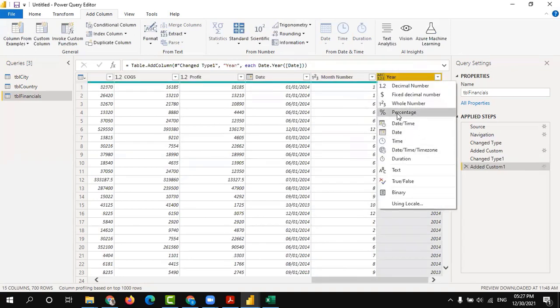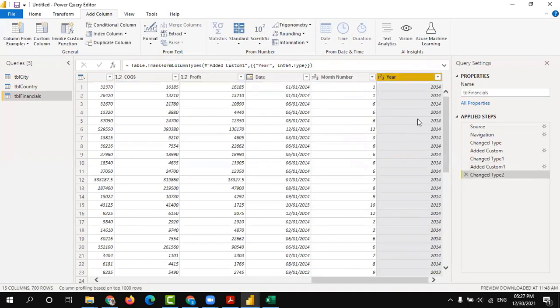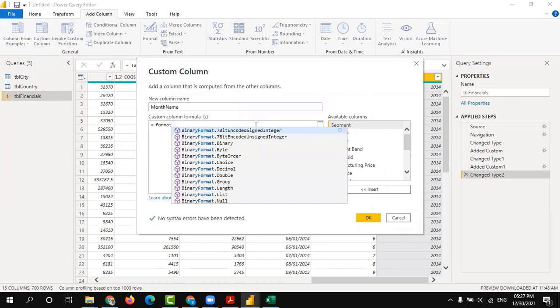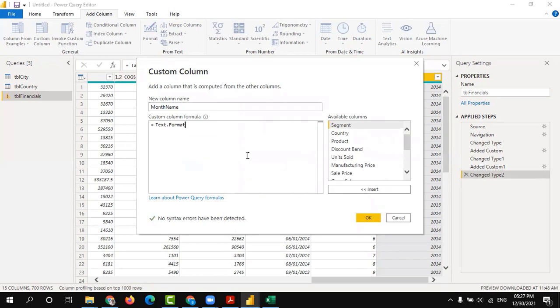Again, whole number. One more, month name. Here there is a formula called text format. Open bracket.